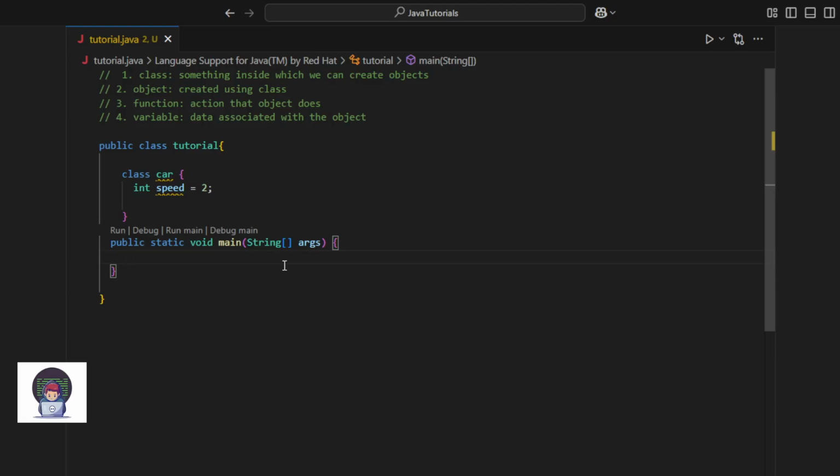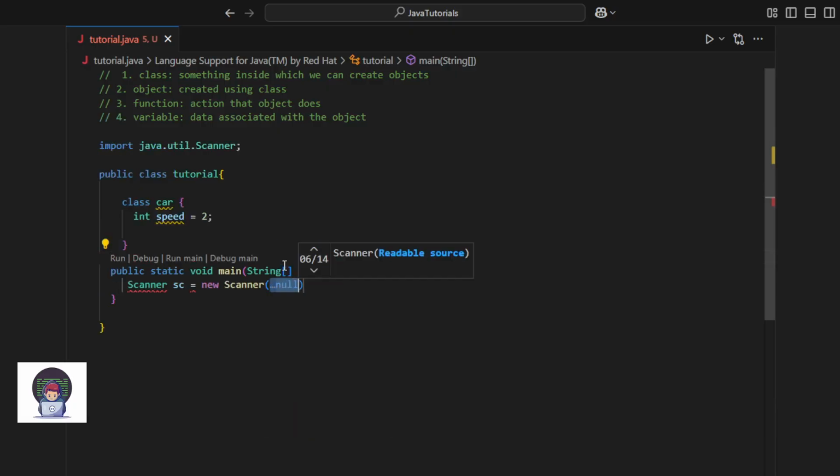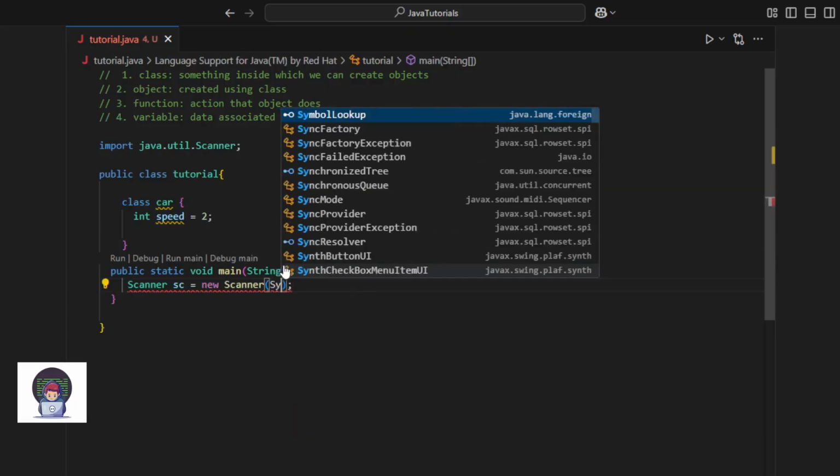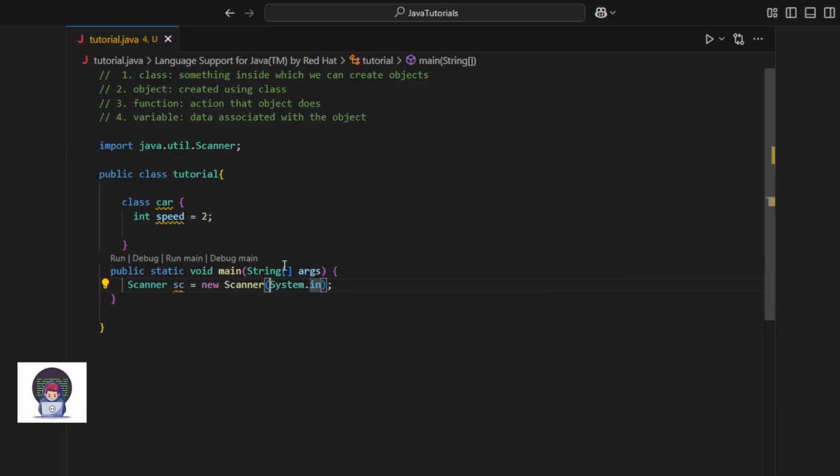For example, do you remember when we did the java.util.Scanner? We did Scanner sc is equal to new Scanner. In the whole language of Java, the new keyword is used to create an object. So in that episode, we created an object sc, which is like a copy of the Scanner class.